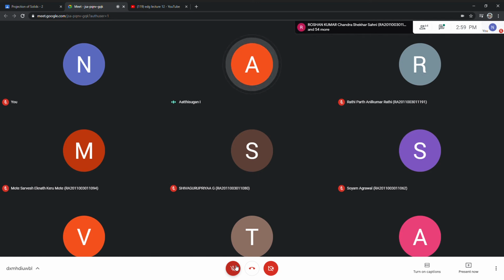Any other doubt other than this? Then the second question: you have to draw the cone. Simple, there is no rotation. You only have to draw the base diameter and altitude, that is 45 mm. Try it. The main thing is we have to assume which view to start first, because they are saying the base is kept parallel to the wall.